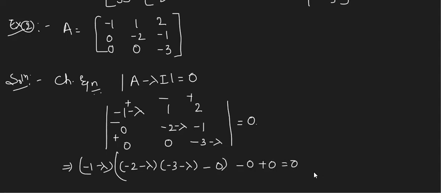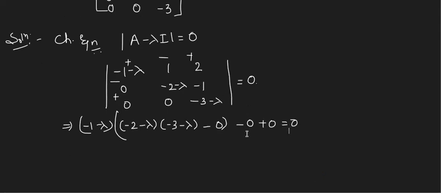What is the advantage of taking this problem is, which type of matrix is this? Upper triangular. For the upper triangular, we don't get much confusion. No need to go for a lengthy format. You have 3 brackets here, whose product is equal to 0. So no need to multiply the brackets. Each bracket you equate to 0.